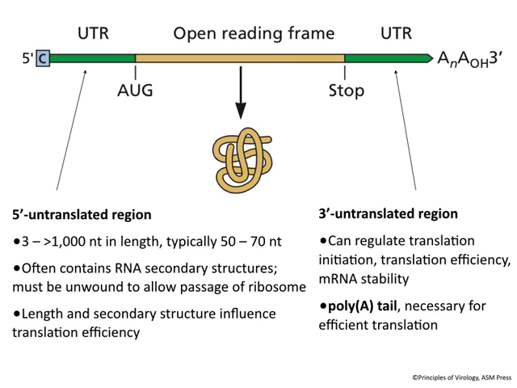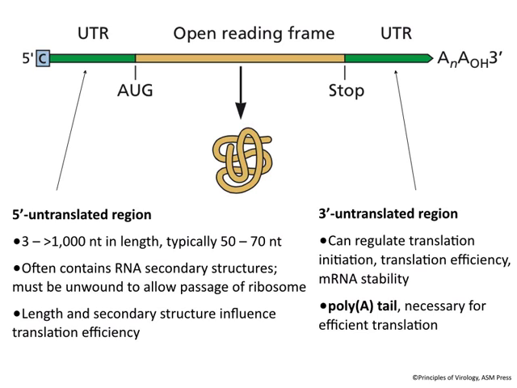If you were designing a message, let's say you want to make a protein in a cell because you want to sell it or use it for therapeutic purposes, you just want to make a lot of protein. You would use a short 5' untranslated region with no secondary structure. That's one way to get very efficient translation. You can't have no 5' untranslated region because, as you'll see, the ribosomes then don't have room to sit down. So you have one of about 50 nucleotides and then no secondary structure.